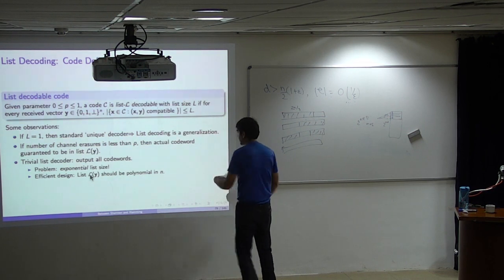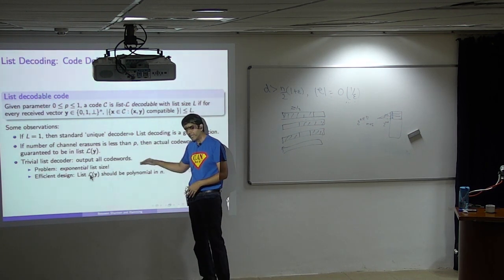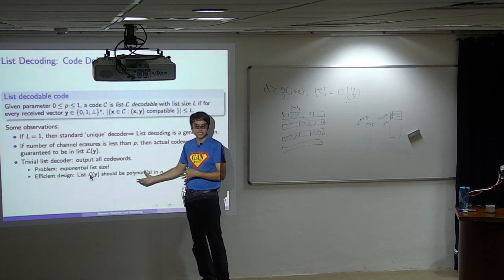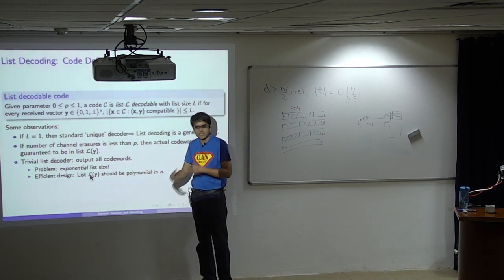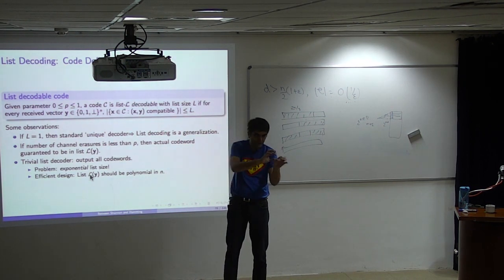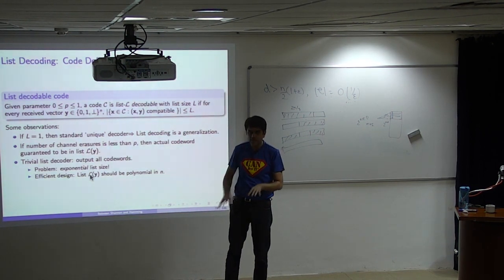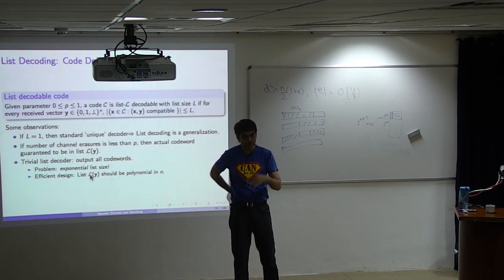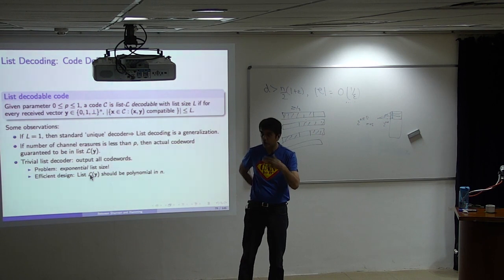But just to make life easier, instead of getting down to a constant size, just for today I'll focus on polynomial list sizes. Polynomials are much smaller than exponentials, and I can therefore afford to be a little bit sloppier in my calculations, so I don't have to follow through all the epsilons and deltas. So I'll just focus on polynomial list sizes. Keep in mind that you can get down to constant list sizes as well without too much more effort. Okay,